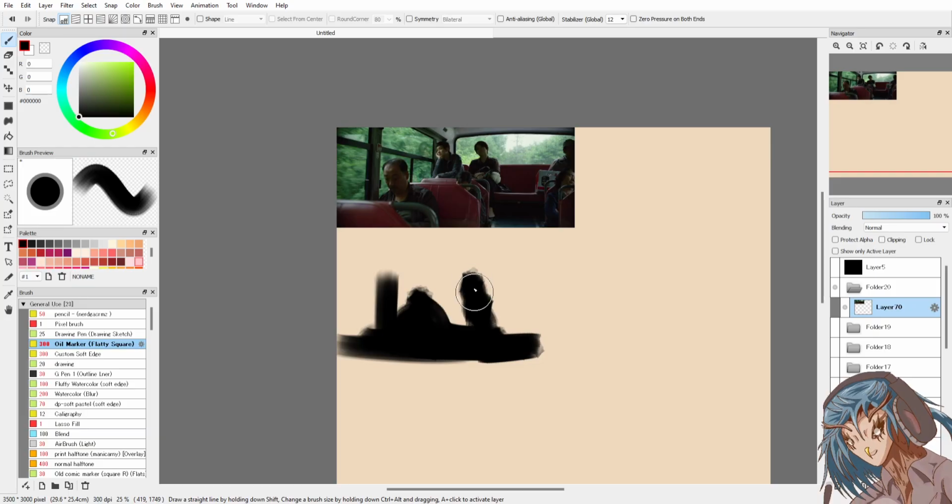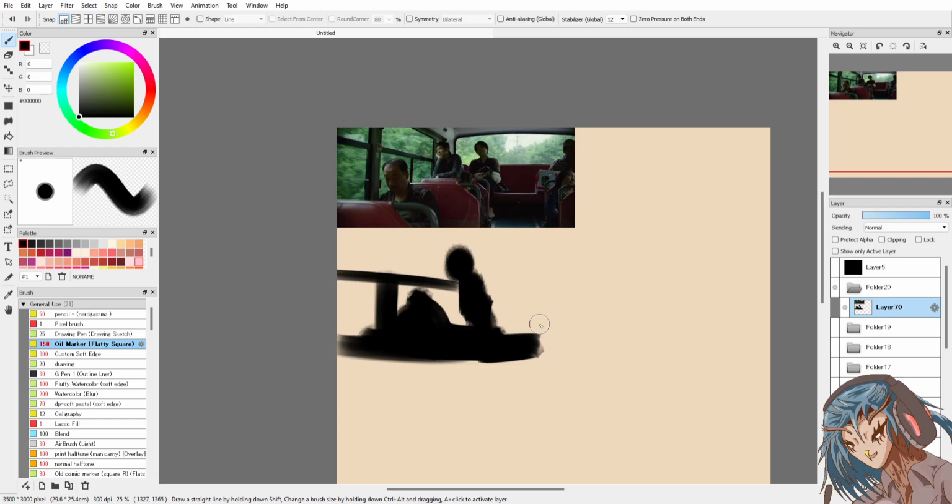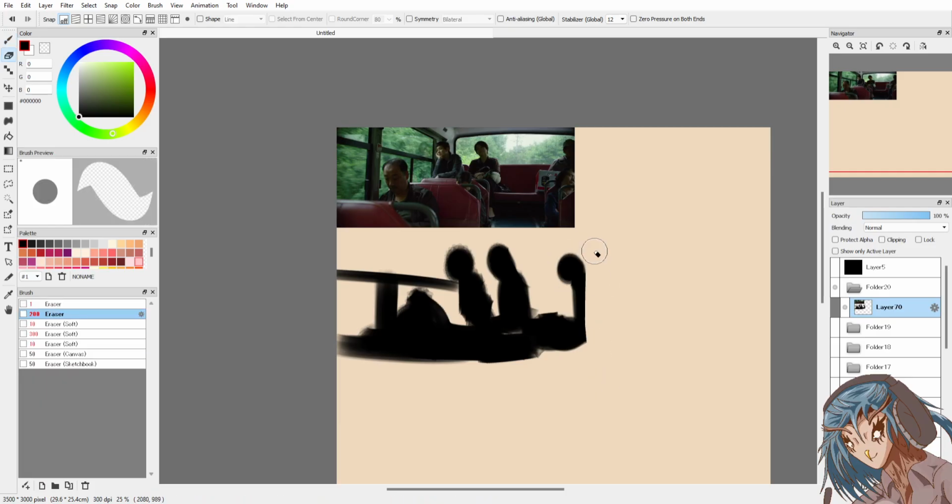This is a contemplative scene again. It's looking at a mirror. It's an establishing shot. We're in a bus. We see silhouettes of people.